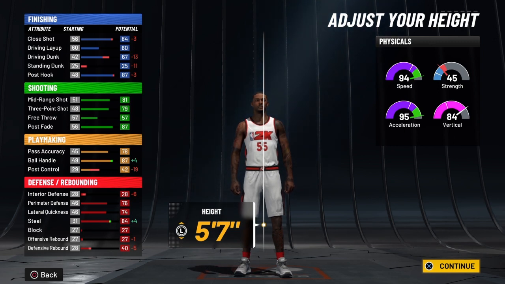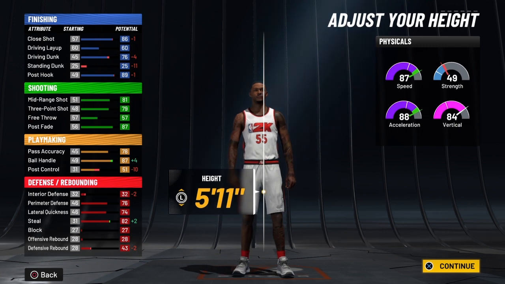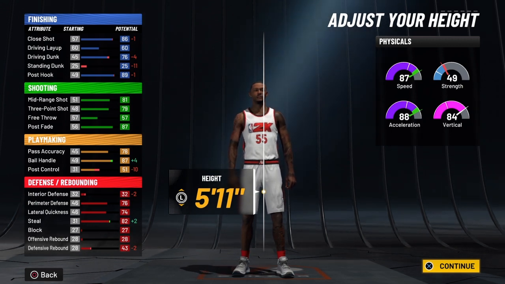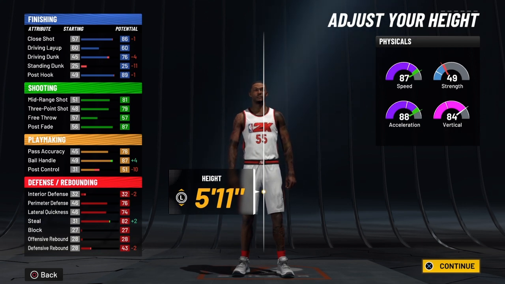This year was positionless basketball on NBA 2K22. Next year is going to be positional basketball. So you're going to have to know how to play a full court game, 5-on-5. Next year is going to be geared towards 5-on-5. I've heard other content creators, Agent Zero was like,